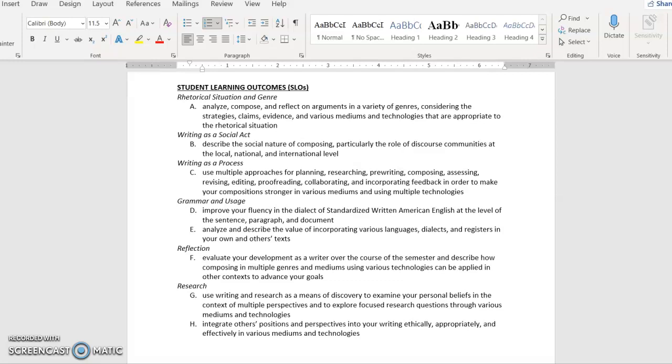I've asked you for your reflection to comment on how you interacted with at least 2 of these SLOs. If you have trouble with that, don't worry, you can send me a message and I can help you out a bit. But overall, just be like, okay, SLO B, writing is a social act and this is why, and SLO F for whatever it is, and just explain how you interacted with those SLOs during Project 1.